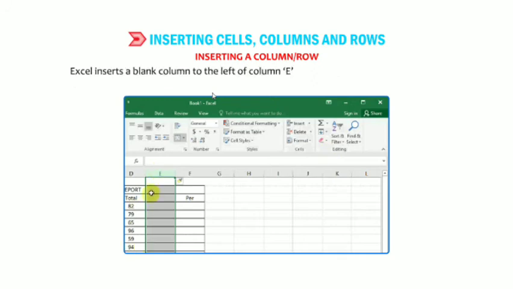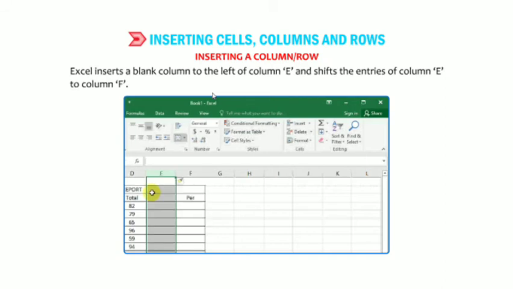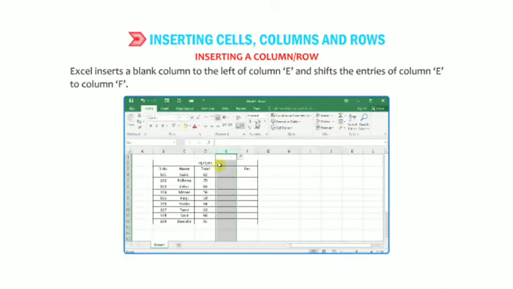Excel inserts a blank column to the left of column E and shifts the entries of column E to column F. After completing this procedure, we can see that the column has been inserted to the left of E. The old column E has become F and the new column is E. In this way we can insert a column in our Excel sheet.